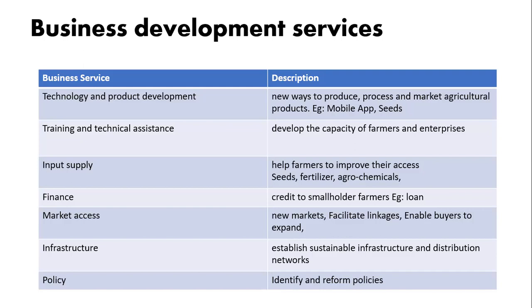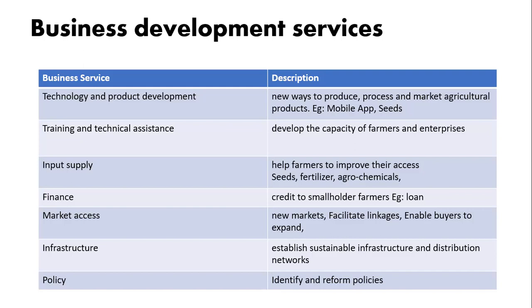This category of business services focuses on training, education and capacity building of farmers and enterprises. Then input supply: one BDS service helps the farmer access improved seed, improved fertilizer and improved agrochemicals. And financial services are given by some BDS, such as credit to smallholder farmers. They give loans and other banking facilities,